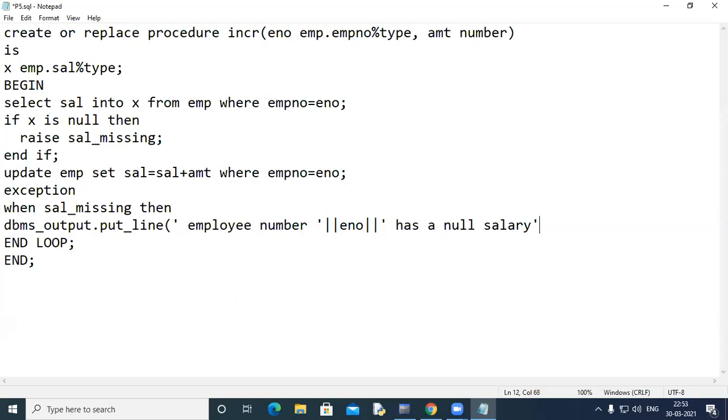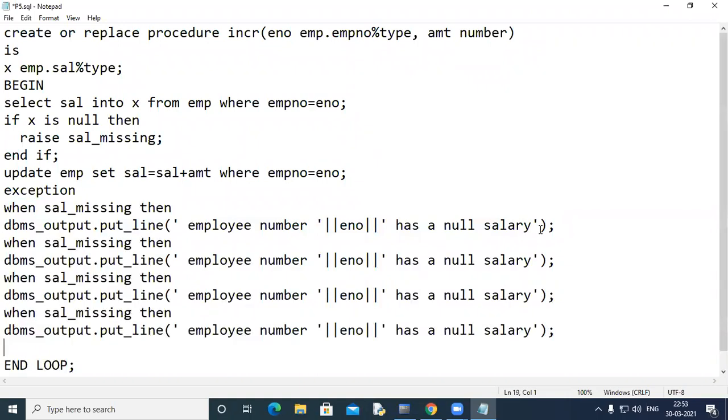Has a null salary. I think that's fine. Let's now just copy paste 1, 2, 3. Okay. So we can write here, when, if your select statement returns 0 rows, when no data found. Okay. Employee number not found. I don't think we'll have a multiple sort of error here, so no need to write that.